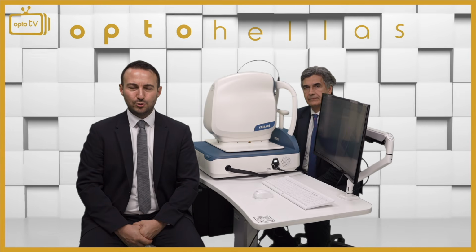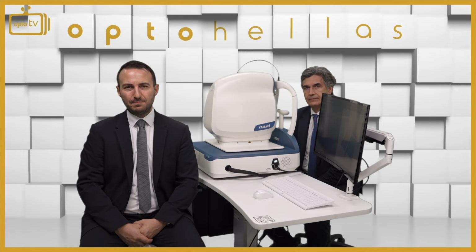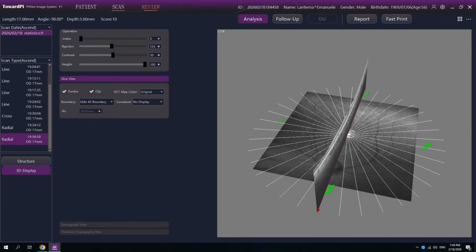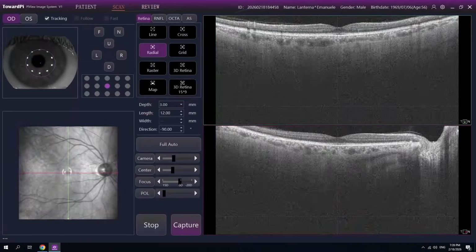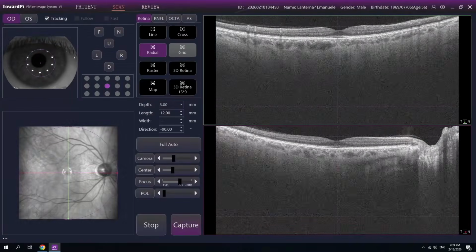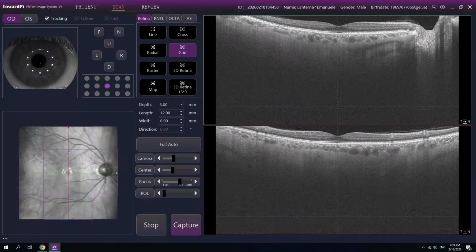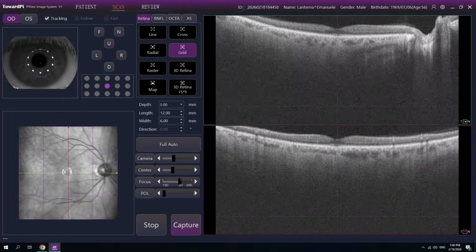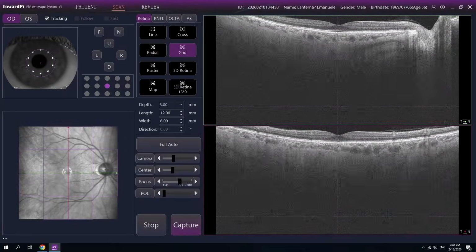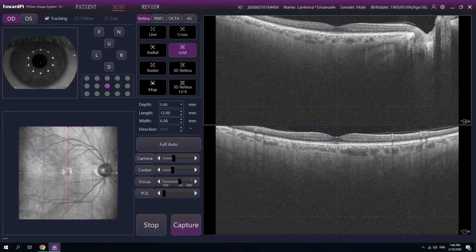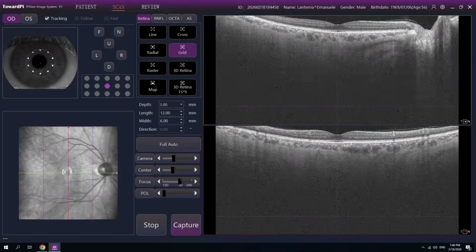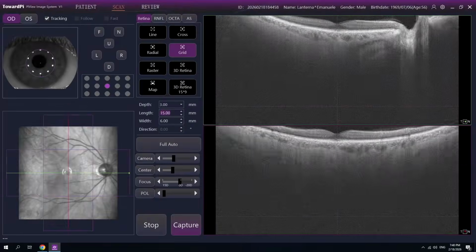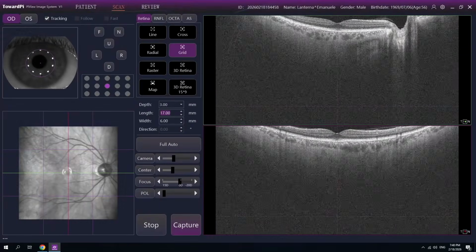Now we are going to show you the macula grid scan pattern. We select Scan again, and we click on the next scanning protocol, the grid scan. The grid scan actually consists of many horizontal and vertical tomograms. 5 horizontal, 5 vertical. You have the opportunity to change depth, length, up to 17 ultra-wide scan,